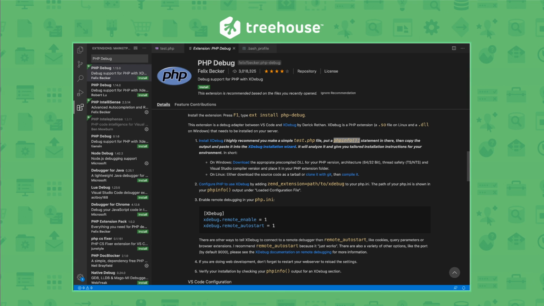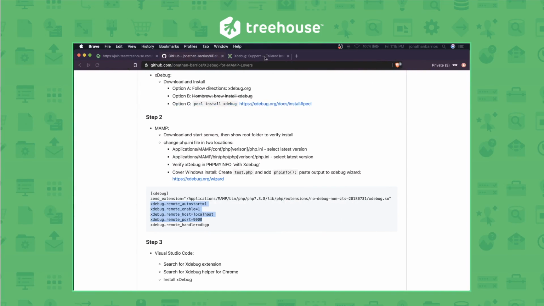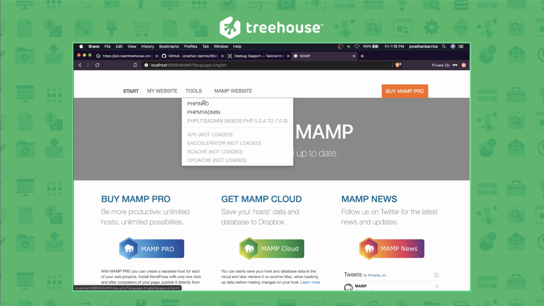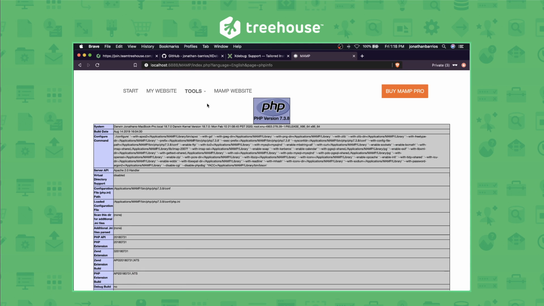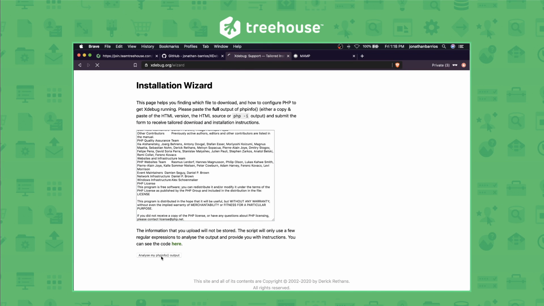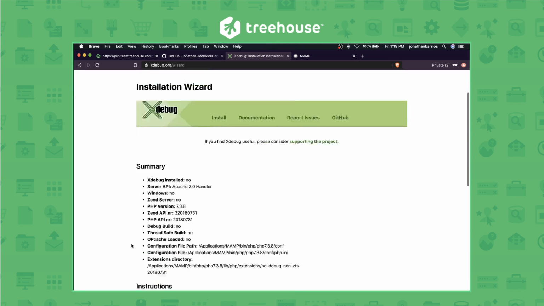Let's see, we can use this. I'll open it in a browser over here. Okay, and right here, instead of adding a test, you can just do phpinfo like this, and then copy all of this information, go back to the wizard, paste it in there, and analyze my output. This will tell you